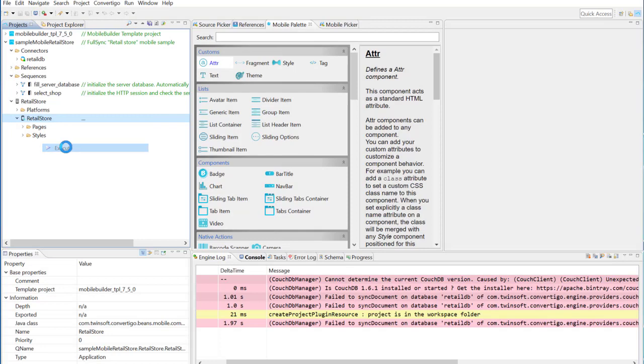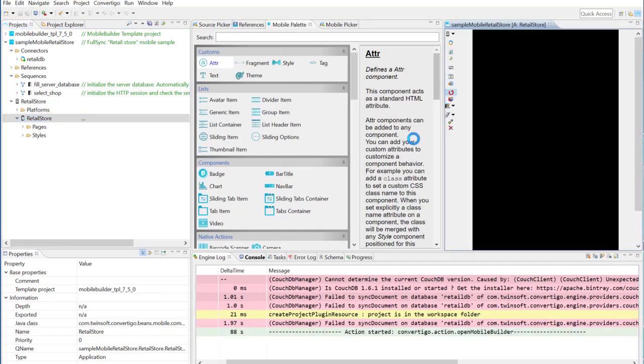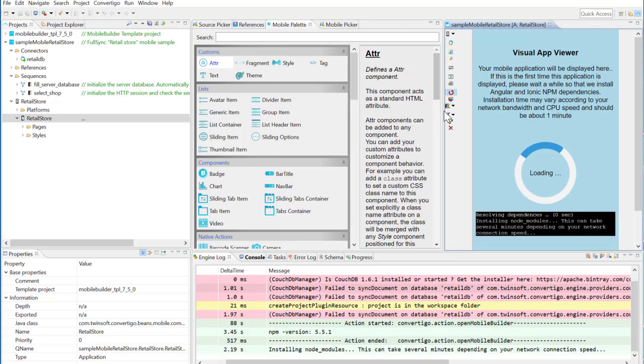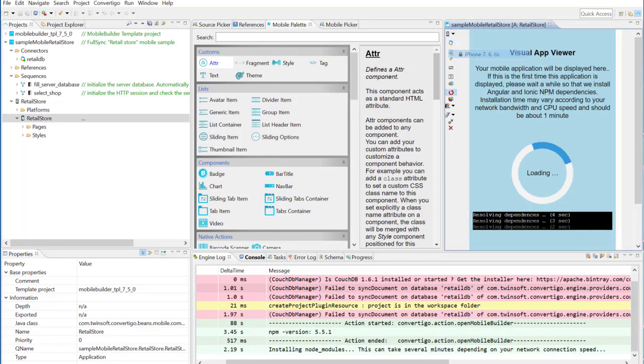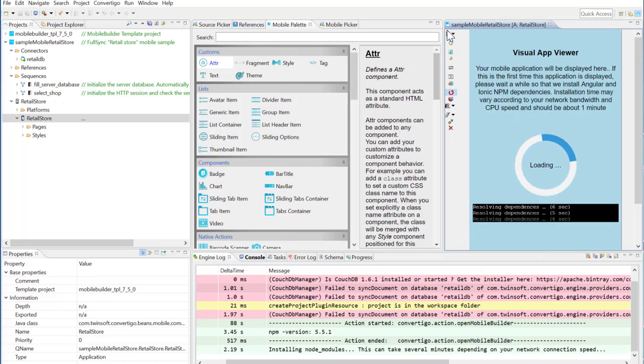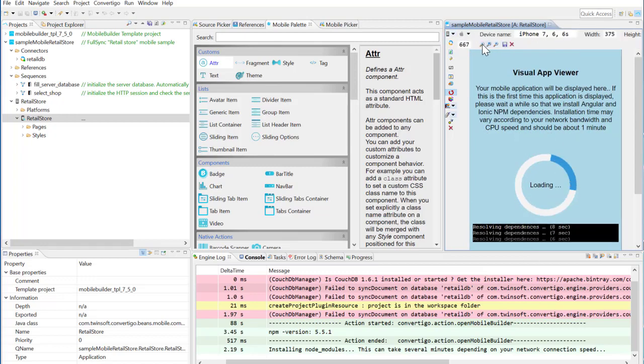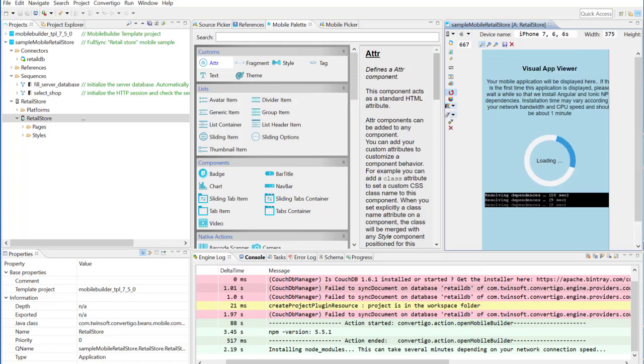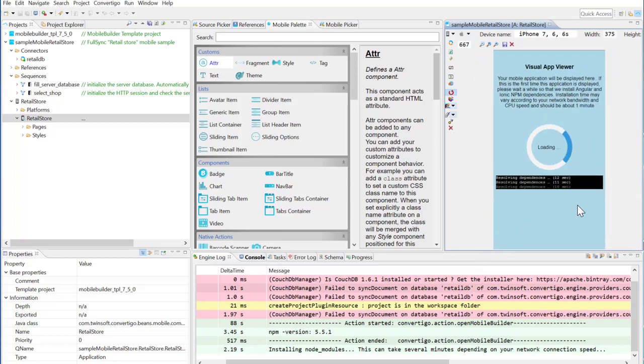So execute, and now we're going to start the retail store. So it will start in the viewer. Okay, so we're going to see the viewer in a type of iPhone type of thing. Okay, and we're going to zoom this a little bit down so we can see the full image of our retail store. Well, again, as this is the first time I'm installing this application, it is installing all